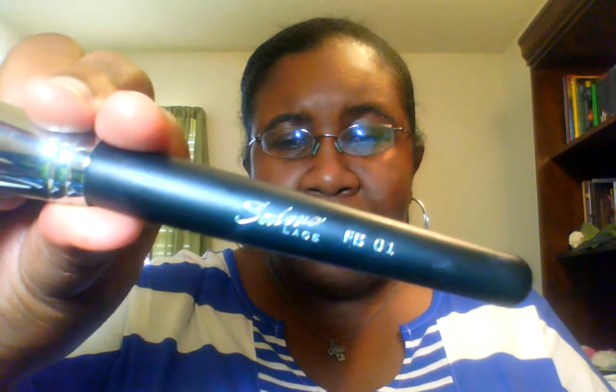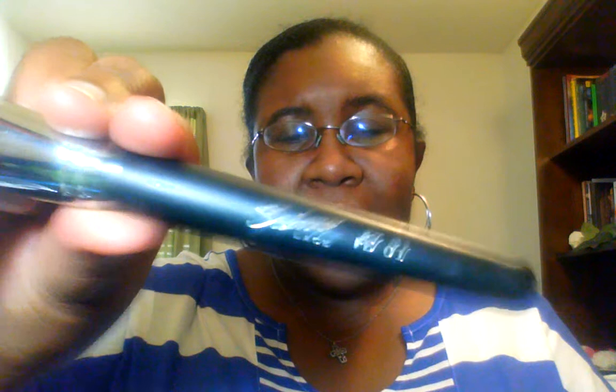It's their Jumbo Fan Brush FB01, and I got this a while ago when I first started playing around with makeup and everything. I'm not impressed with this brush, and admittedly, some of it might just be because I'm brand new to makeup and I might not know how to use it effectively, but the other part is there's something odd about this brush, and it's one of those things where I bought it and I'm so kind of disappointed